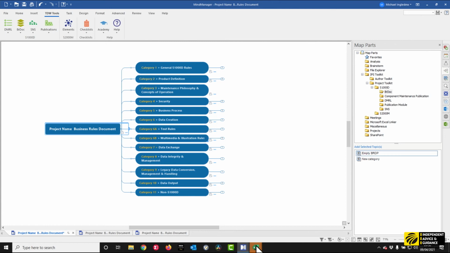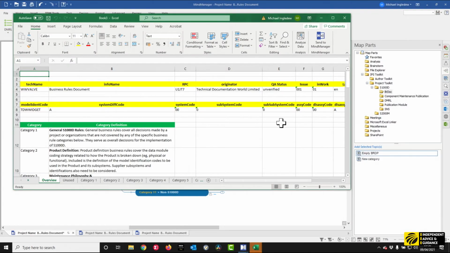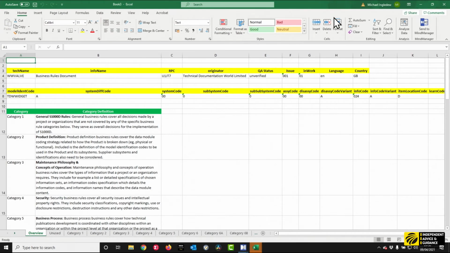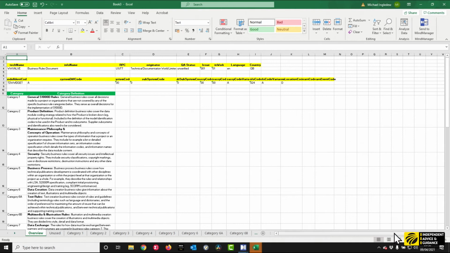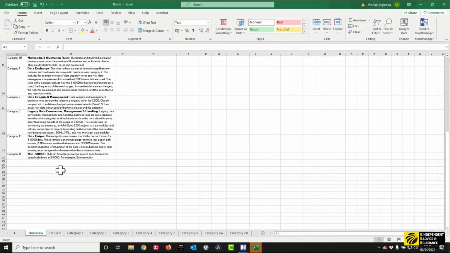Excel spreadsheet. And what we have now, as I've done this multiple times while I was prepping, is I've just opened the latest one here. You can see that we create an Excel spreadsheet that is now useful and usable. So we've exported here from all of our high-level map parts that are inside the map. So all of those attributes that we were able to set. All of the category definitions, if we're using them, and including if we do decide to put in some of